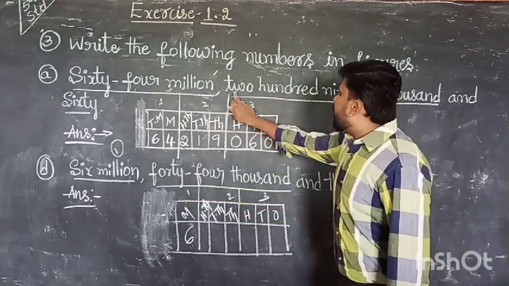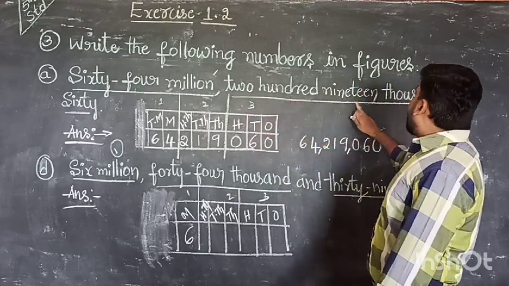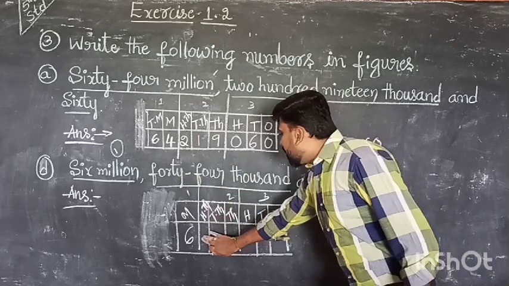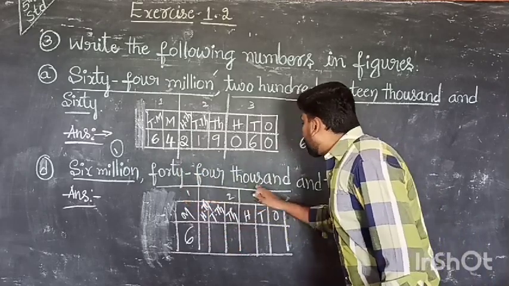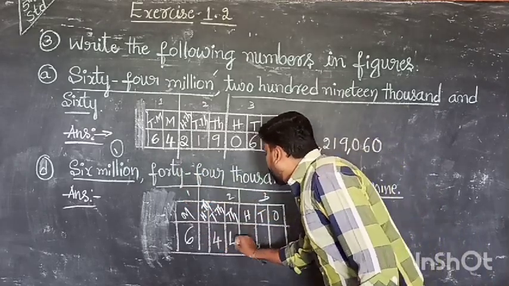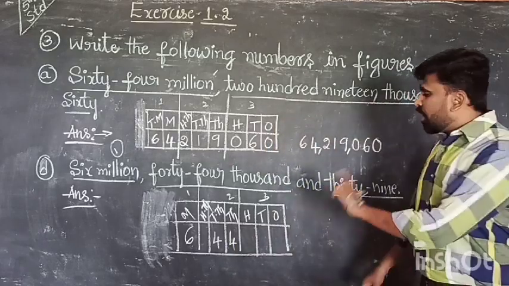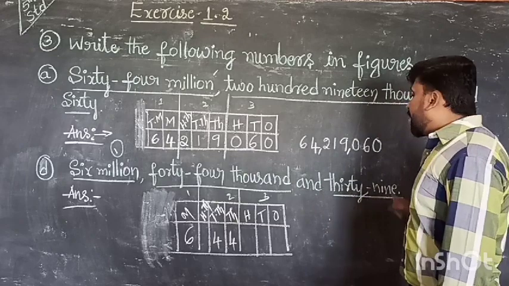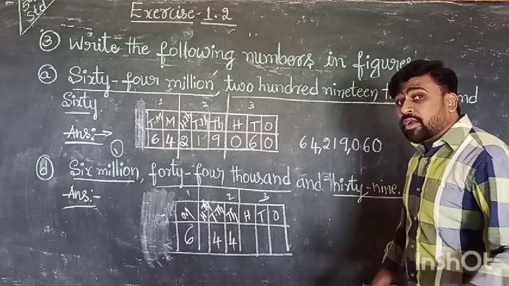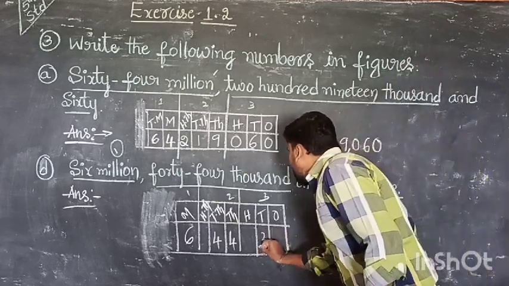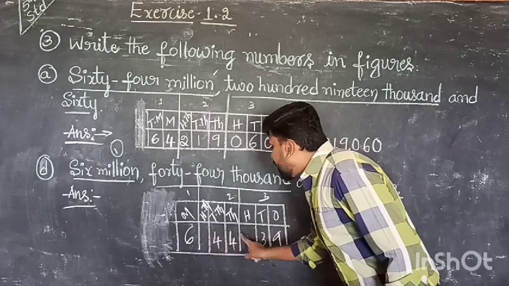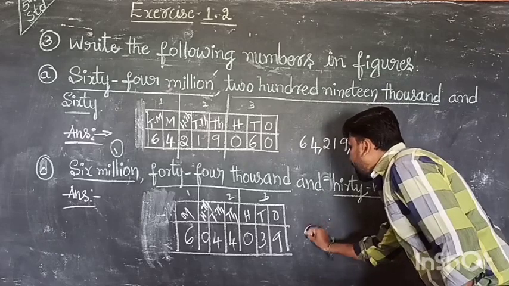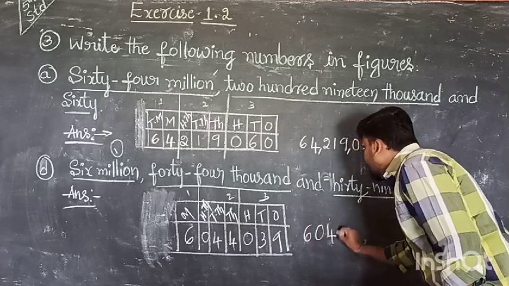After that, 44,000. Clear? Here they have given 44,000. The 100 place is not given. Skip the 100 place. 44,000. 4, 4, 0 not given. The second group is finished. And 39. Again here also the 100 place is not given. 39 is 3, 9. Here the 100 place is not given. Take it as 0. Therefore, the final answer is,